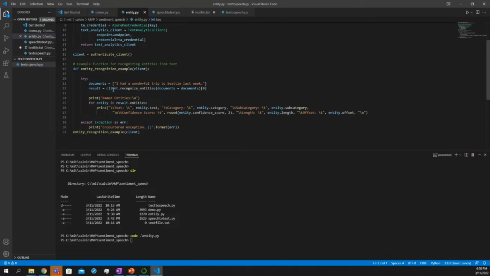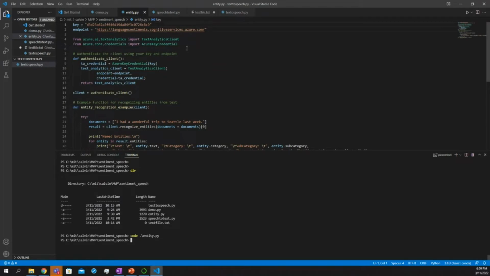As you can see in the results, we are using this recognize entities method here. So in here, it's the same imports that we have done, and once we do the initial import of the Python library and the SDK, we can use the same endpoints. So here, if I run this file,